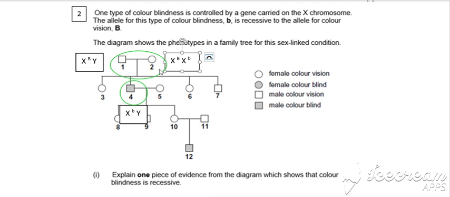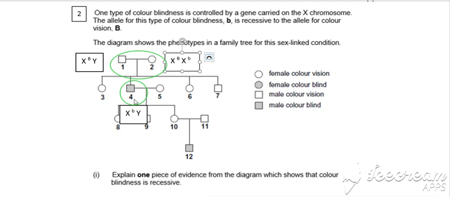Individual 2 is female, so they will have XX, and they also have colour vision, therefore they must have the dominant allele B, but because they have passed on an X chromosome to their offspring that will contain the lowercase b for the recessive allele, which will give the condition of colour blindness,